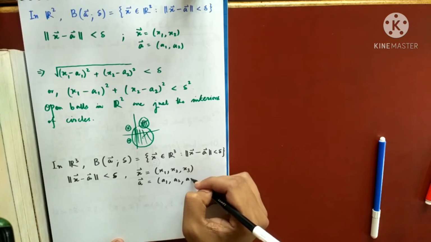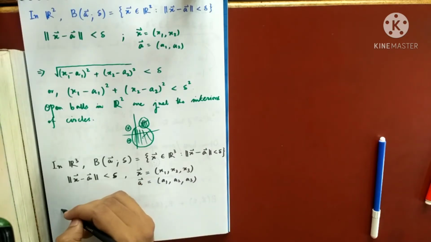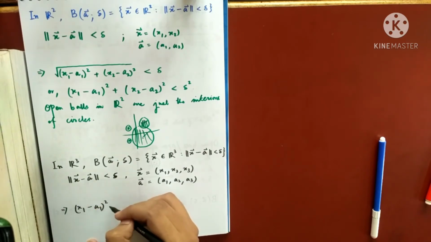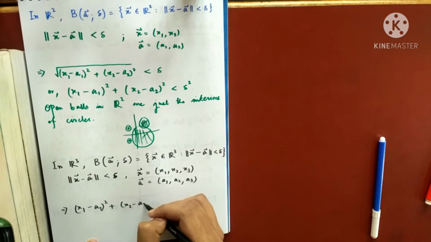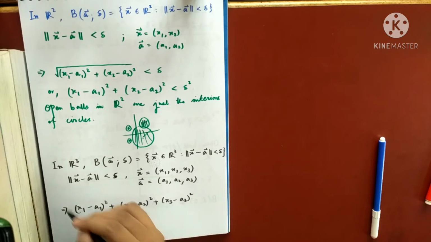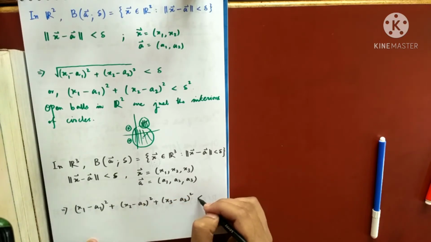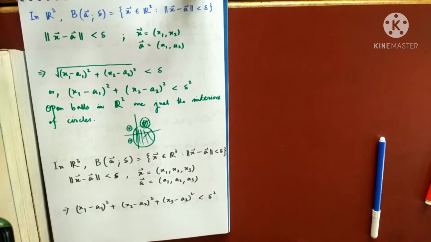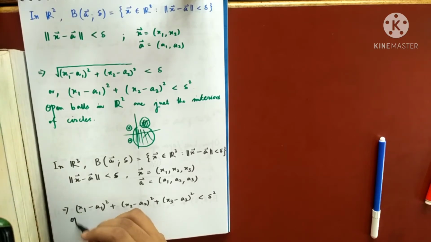If you look at the definition of the norm, this reduces to the square root of (x1 minus a1) whole square plus (x2 minus a2) whole square plus (x3 minus a3) whole square, and squaring directly, this is less than delta square. So this is nothing but a sphere in R3. What is the equation of a sphere? You know, (x minus a) whole square plus (y minus b) whole square plus (z minus c) whole square equals r square. So open balls